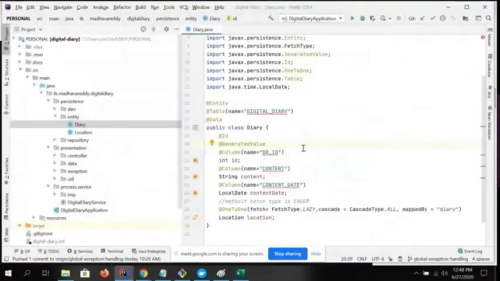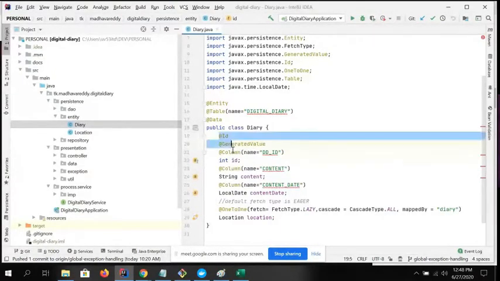First thing, keep in mind what table I have to create and what relationship I have to make. Just I want to make a one-to-one relationship at this moment. I'm considering location as a one-to-one entity, a one-to-one relationship for this one. Suppose, for example, where you are from. Diary is the main class, and I'm not making it the owner.